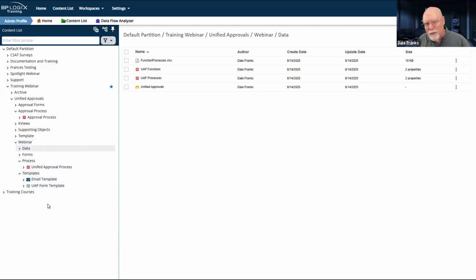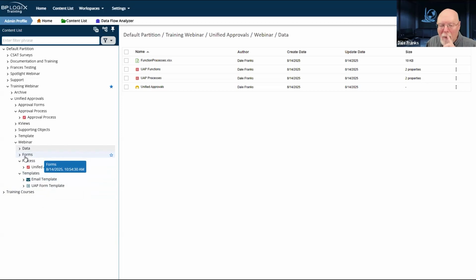But the other thing that we have to remember is our folder position is super important as to where we place these objects. Because at the end of the day, what I'm going to need to do is go into my templates folder and export this UAP form template, and then re-import it into the forms folder.